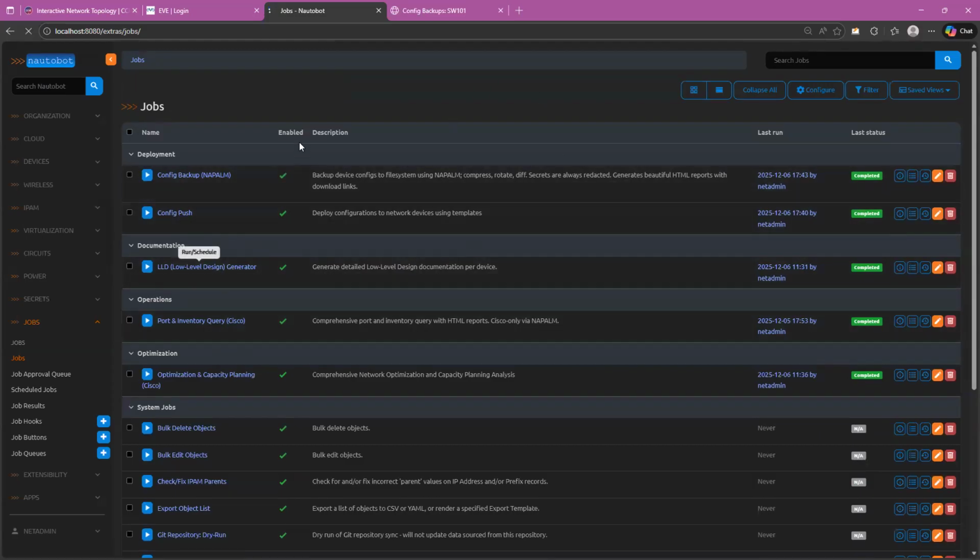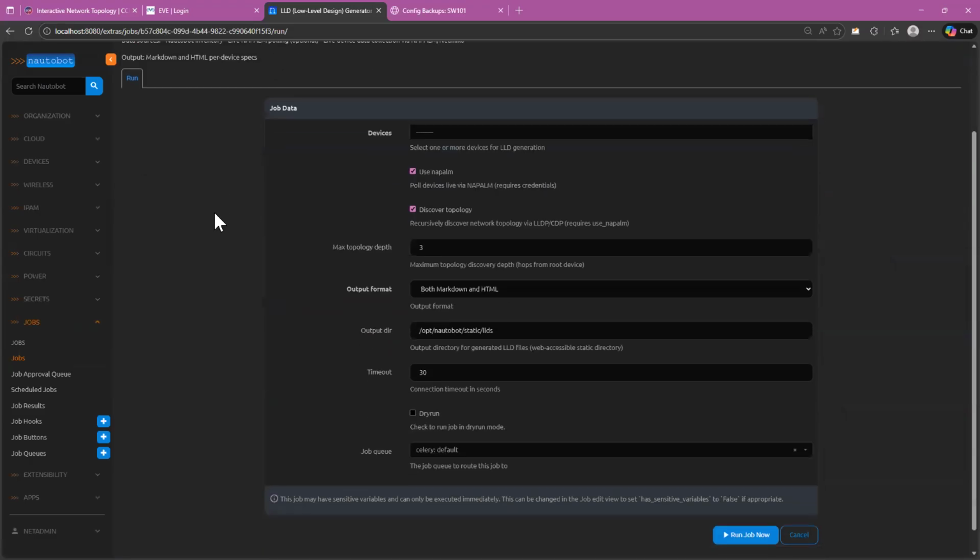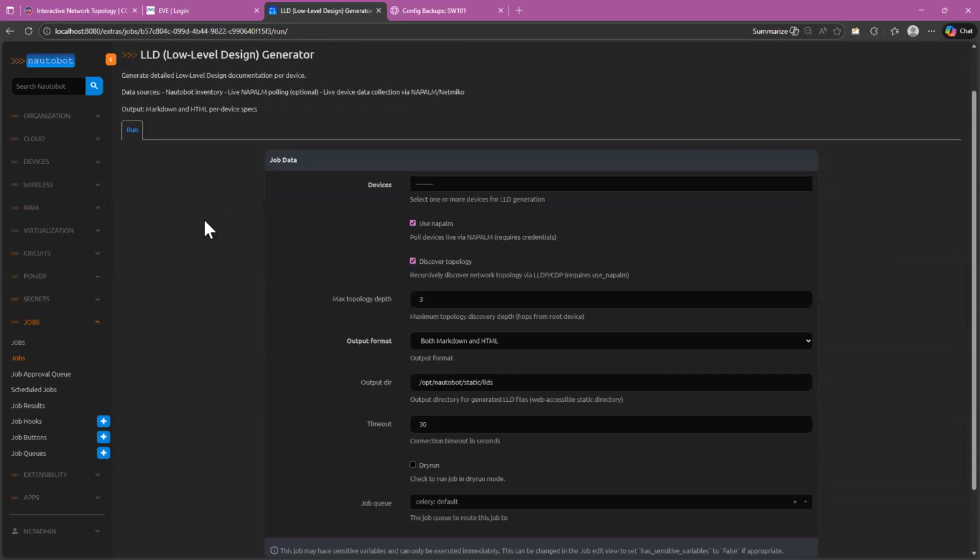Then LLD design. This is actually very interesting because this is one of the use cases you may have: if you join some new company, people will not share their diagrams and all those things. They will simply give you the device access, and then they will tell you, okay, see these diagrams, 10 years back some architect designed them, and now we don't have an updated link or updated device count. So for that reason, I created this type of automation script that will log into the device and give me all the details and the diagram for that particular device.